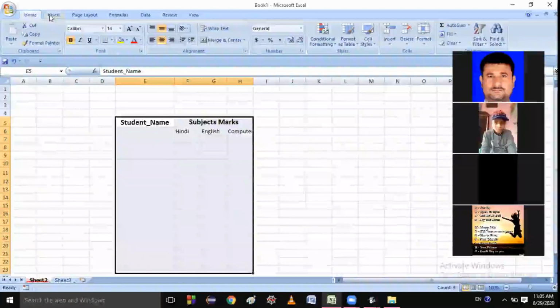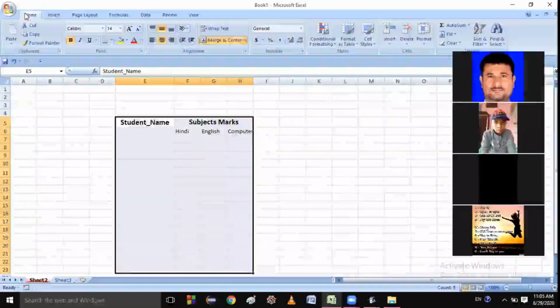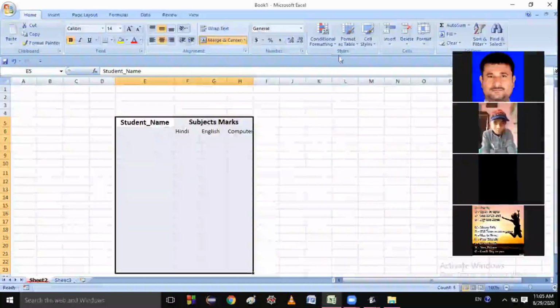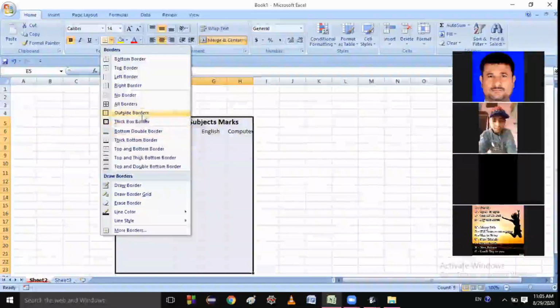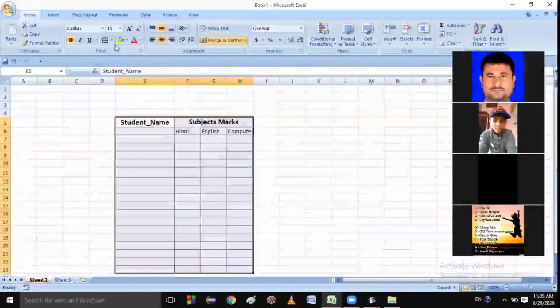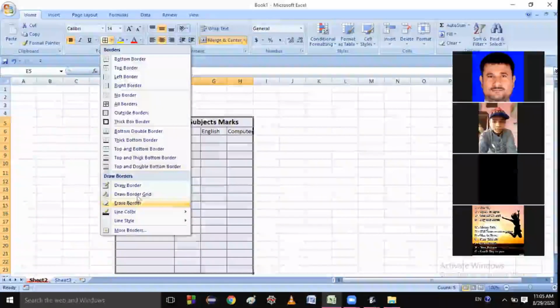Go to the home page and border, and make the border on all 4 sides, and make the thickness strong.